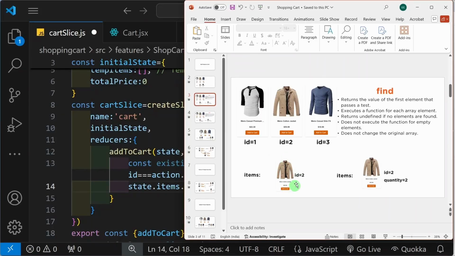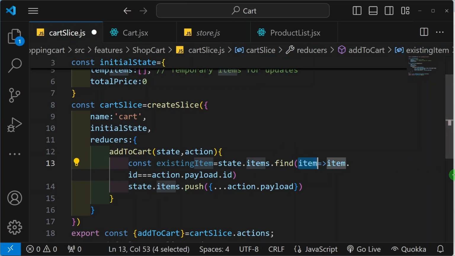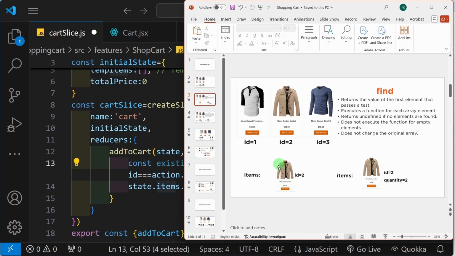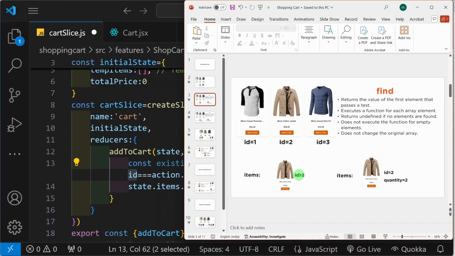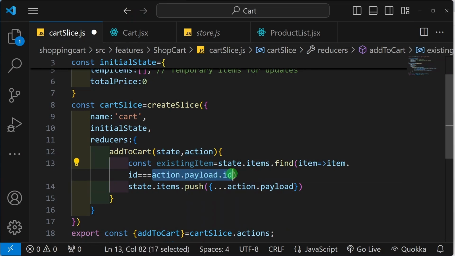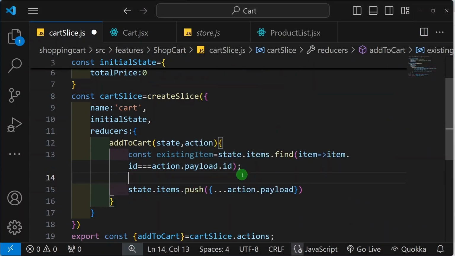Now this product is already present inside my items. Here again, if I click on this, I am checking inside this array. I am just applying this find method. So now inside this item, I will have access to this complete product. For this product also, I will have an ID, and this ID is nothing but 2. If this ID is equal to action.payload.id, which we are getting from this payload, and both are equal, then what I have to do here,